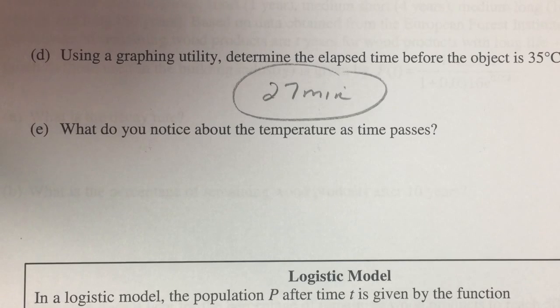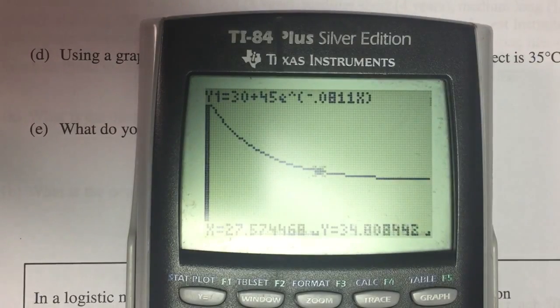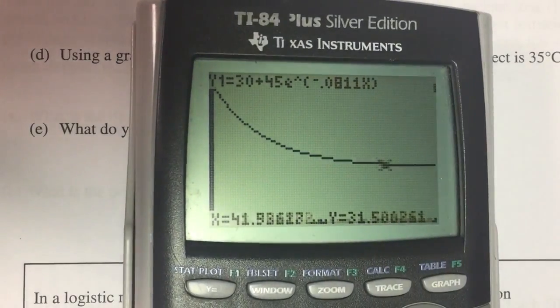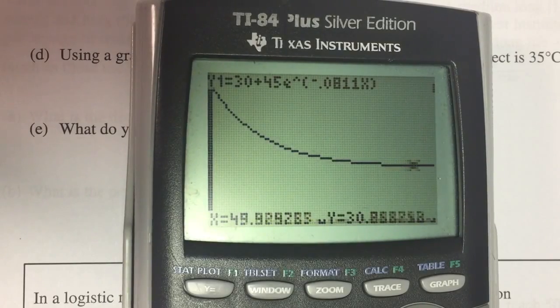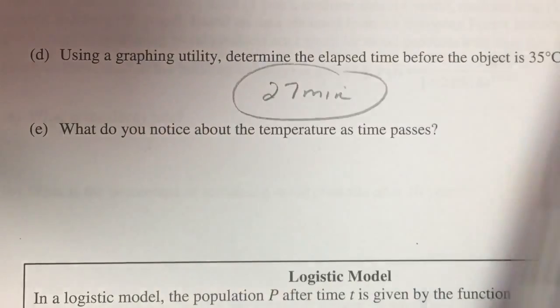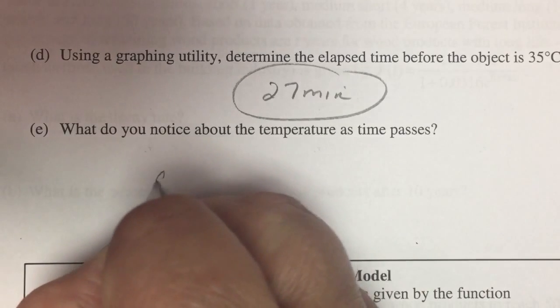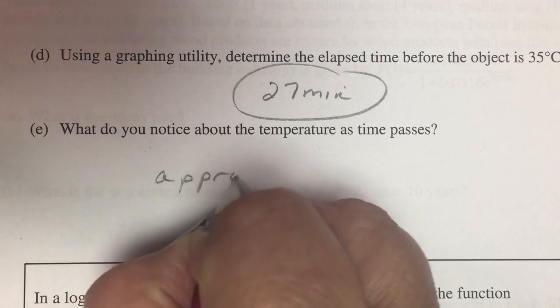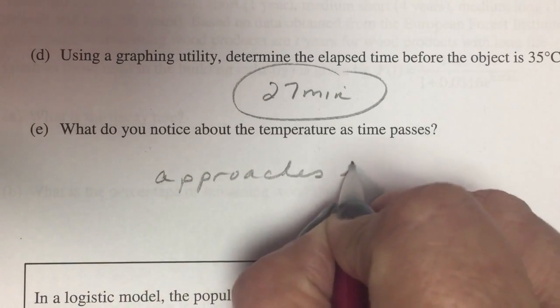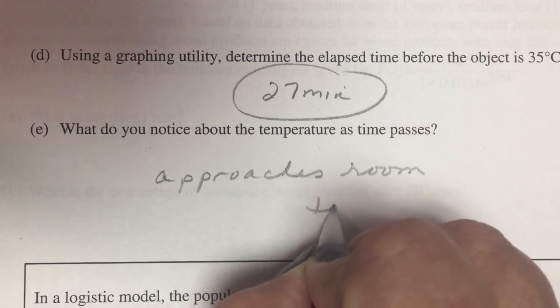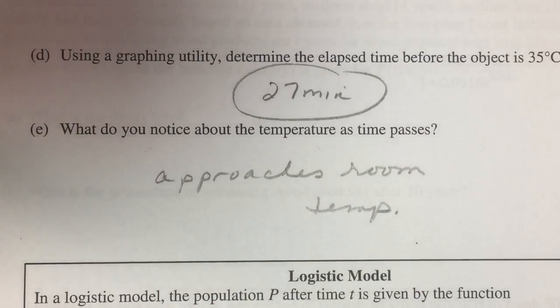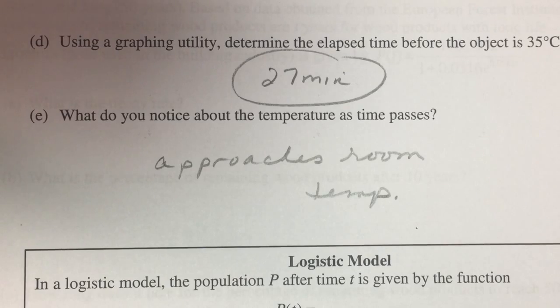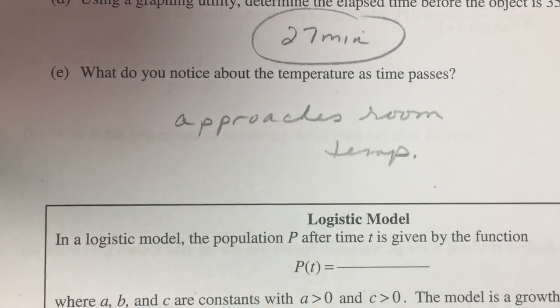Then just last, it says, what do you notice about the temperature as time passes? If you keep tracing this, you're going to see that the temperature gets closer and closer to 30, which should make sense. It approaches that room temperature. All right, I'm going to stop this and go on then to